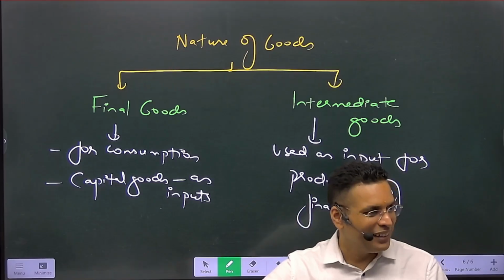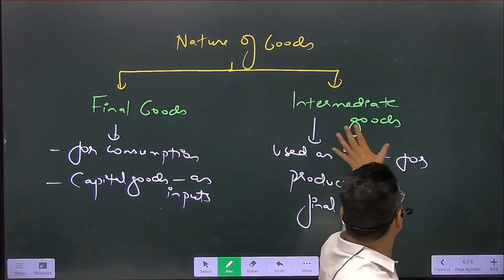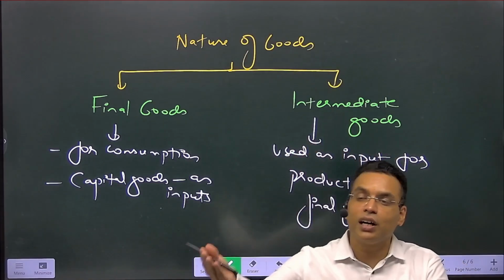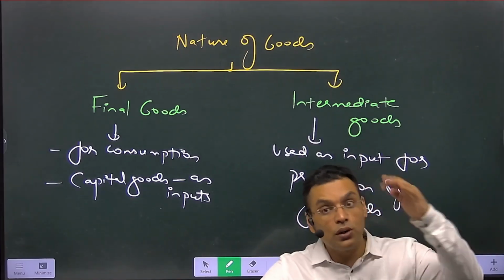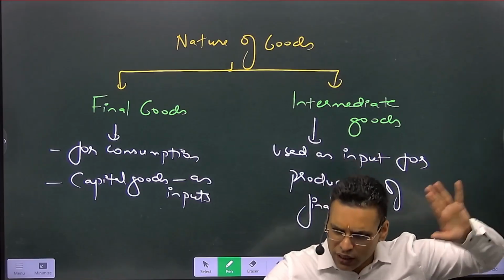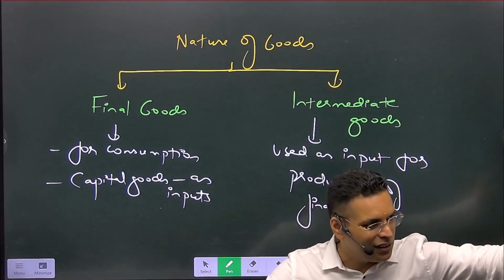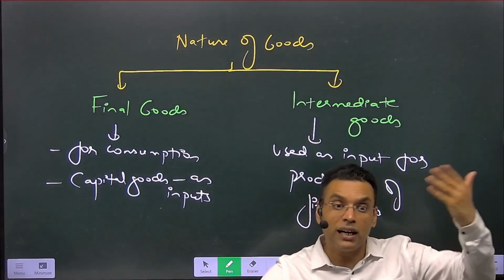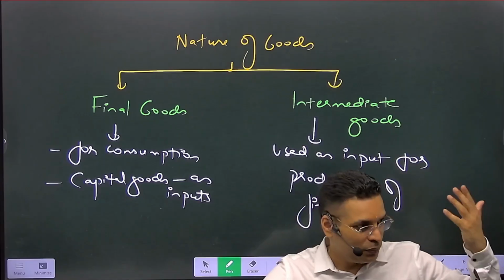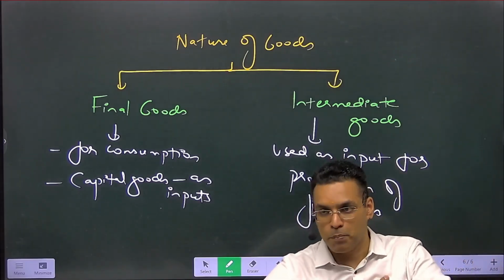Are you getting my point? Because capital goods are basically used for production of the consumer good. Now here the good is basically services. We are producing transport services. So the car is a machine which is helping me to produce the transport services. So it depends on how you are using it. If I am using it for self consumption, like I just made tea,